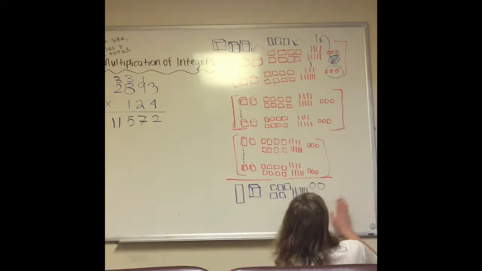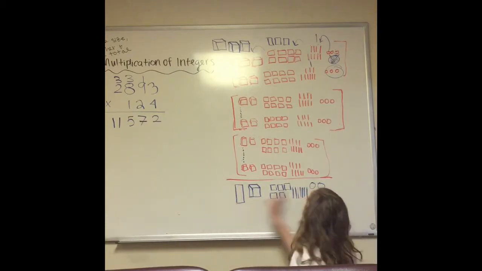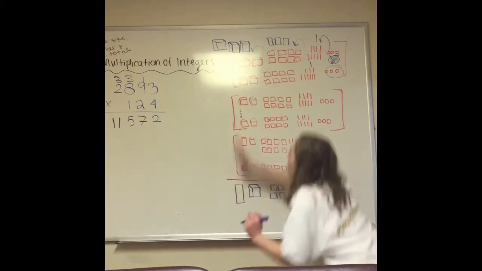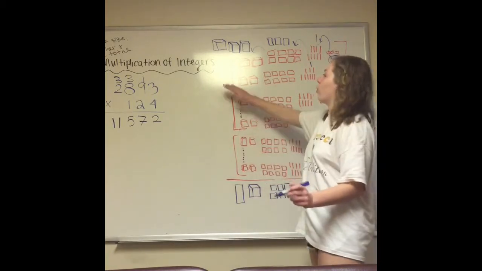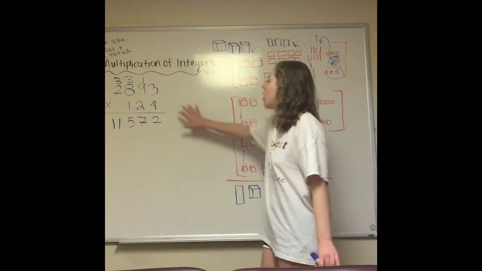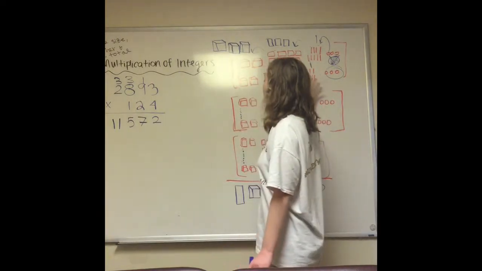So down here we have just what we have up there: 2 singles, 7 rods, 5 flats, 1 super cube, and then 1 super rod, because we had initially regrouped from our super cube. So now that we have accounted for all of our groups of 4, our 4 groups of all these certain numbers,